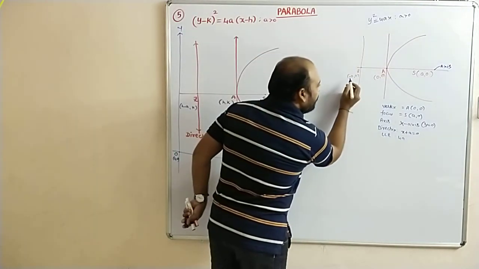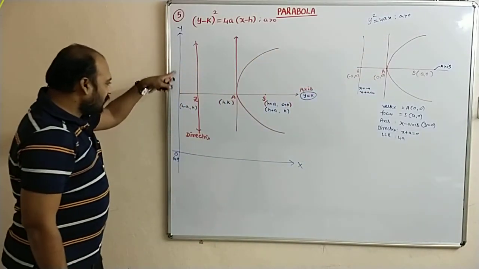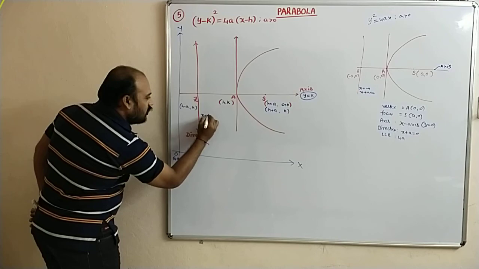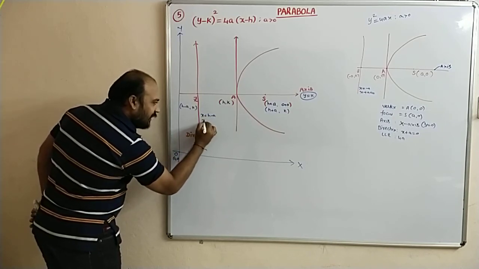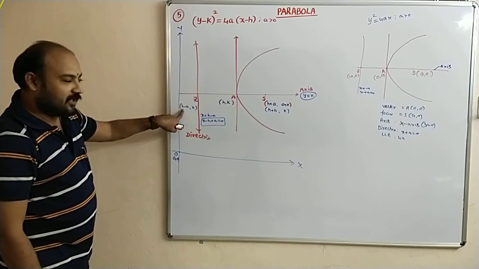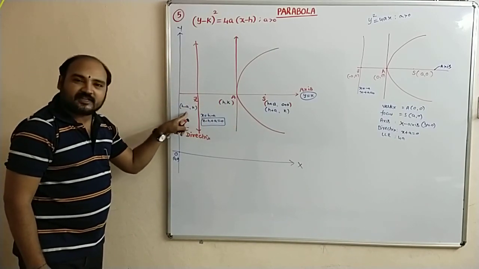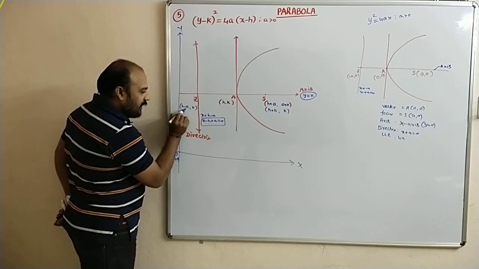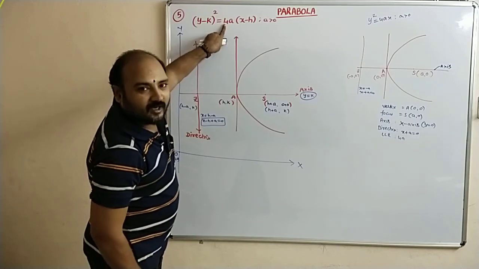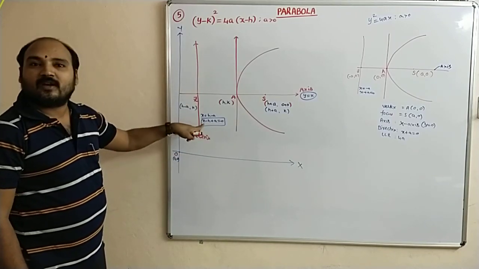Similarly, here the directrix is x is equal to minus a, that means x plus a equal to 0 for this type of parabola. Here the x coordinate is x equal to h minus a. Then x minus h plus a equal to 0 is called the directrix. You can take the x coordinate here because this line is perpendicular to the axis and passes through the point Z. So x is equal to h minus a, x minus h plus a. How to remember it easily? Shortcut formula: you remove the 4 here, x minus h plus a equal to 0. That is called the directrix equation.